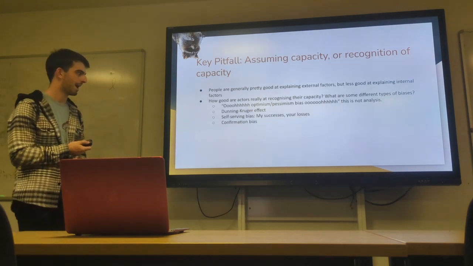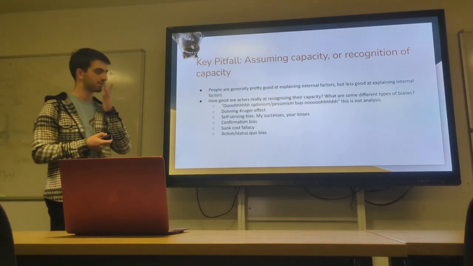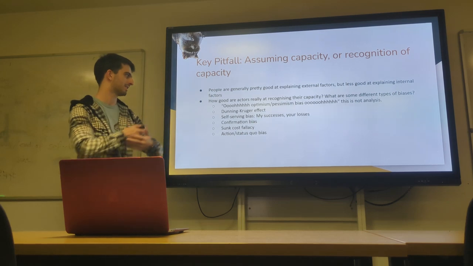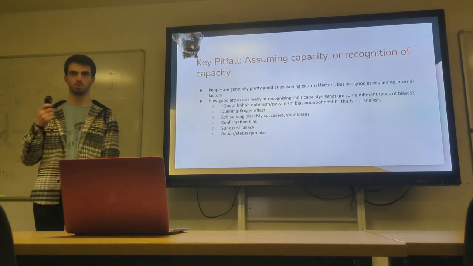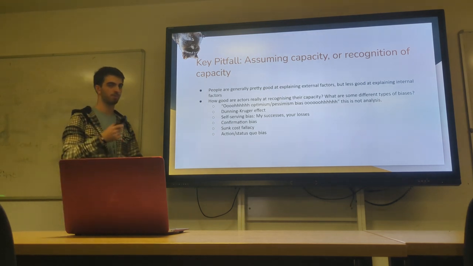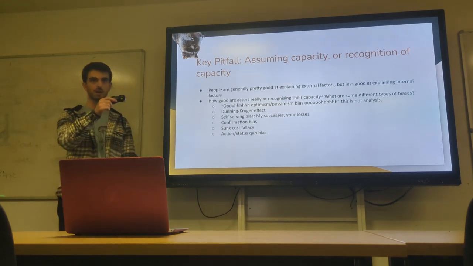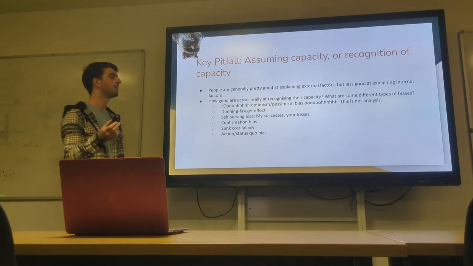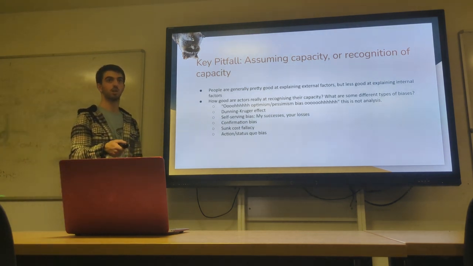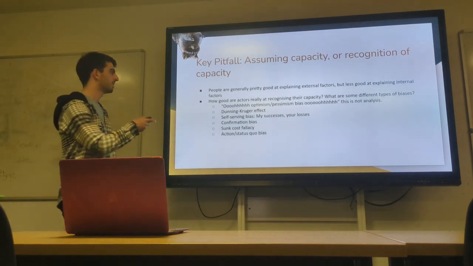I'm not going to explain them right now, because we're going to do a thing with them in a second. But these are all various different examples, right? Actually, we'll explain them briefly. So Dunning-Kruger effect: the people who think that they know the most about a thing are the people who know the most about it, and the people who know the least about it, because the people who know the least don't realize how much there is to know. Whereas the people who know a medium amount know enough to know that they don't know very much.